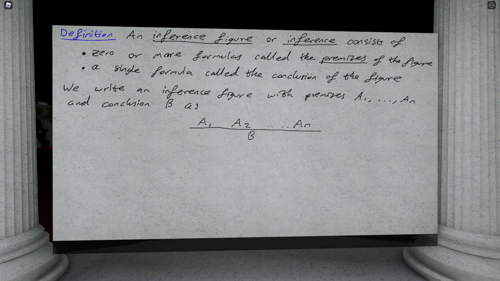What a proof figure is can also be formalized as a particular kind of graph, which has some strengths, but I'm not going to do it that way. Instead, I'm just going to describe to you how to assemble a bunch of inference figures into a valid proof figure. Before I get to that,